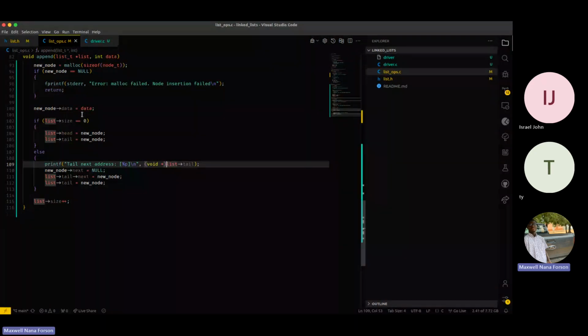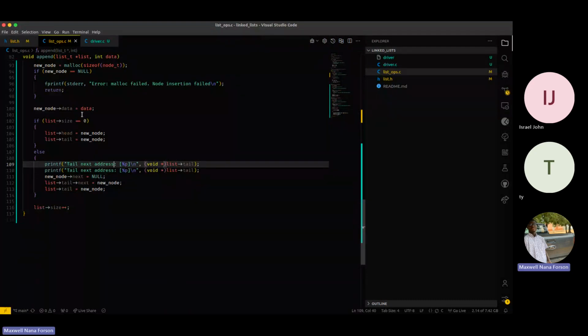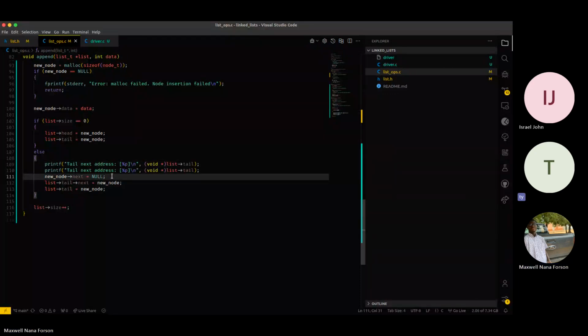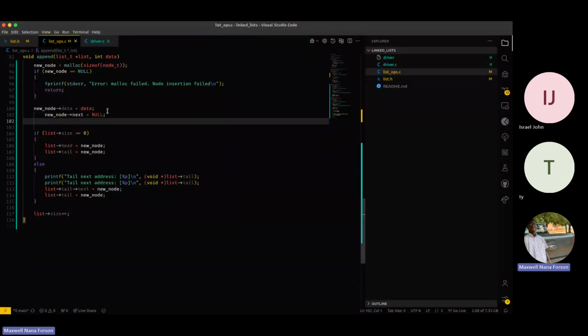Till next and new node. Well, at the particular point in time, the till next might probably be undefined. Shouldn't it be none? Yes, it's supposed to be. That is why I was saying that since we are going to be appending to the list,